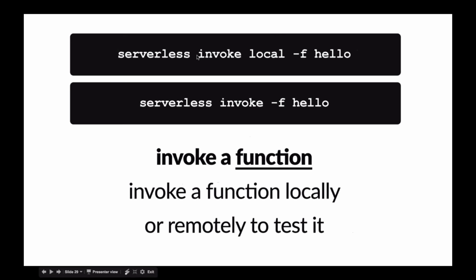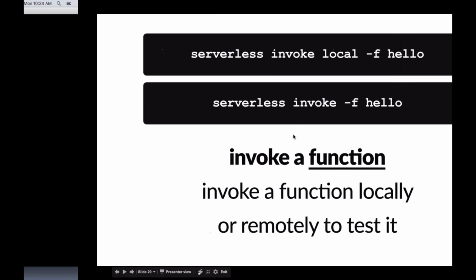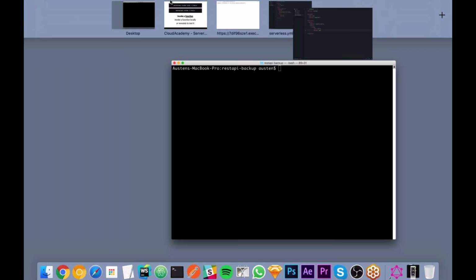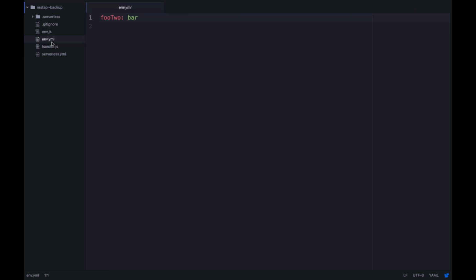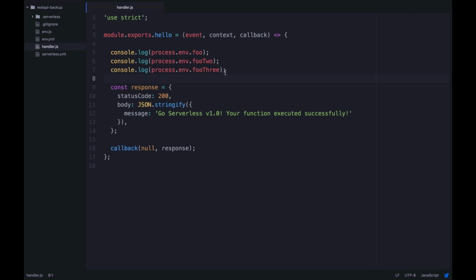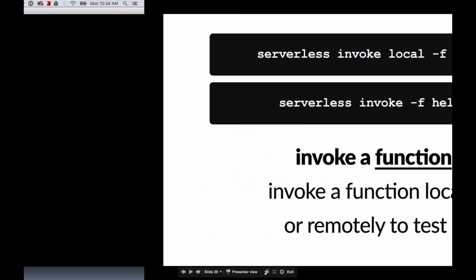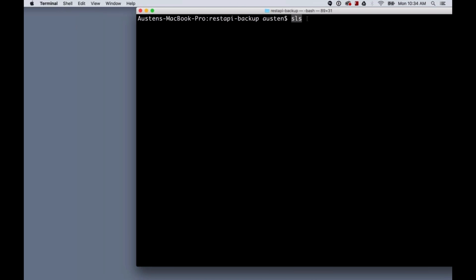Now, to speed up development, we've also created a local emulation of Lambda, and this is a lot faster. So if I want to go back to my serverless service, go into my code and make a change to see how it works quickly, all I have to do is modify my code here, and I can run SLS, which, by the way, is a shorthand syntax for serverless, so you don't have to type serverless out all the time. You could just use SLS.